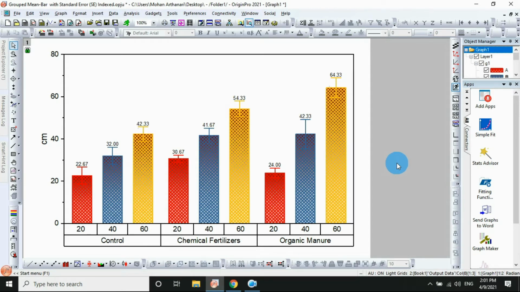Today we will discuss how to draw a group mean bar with standard error graph. This is a group bar with standard error graph. For the three groups, I take the control, the chemical fertilizer, and the organic manure, and the plant height developed on different days. This is our graph. Now, how to draw it? Go to the